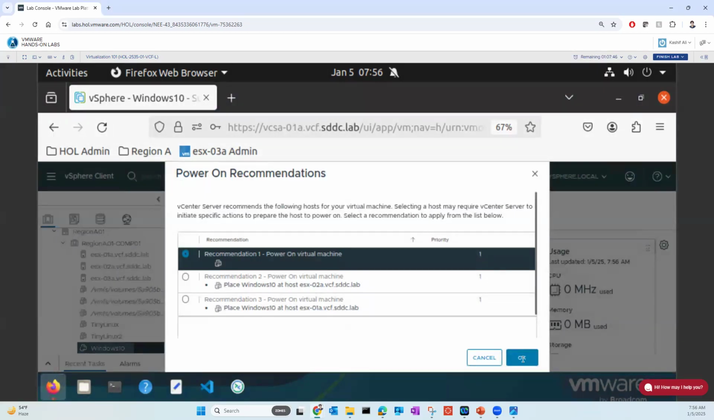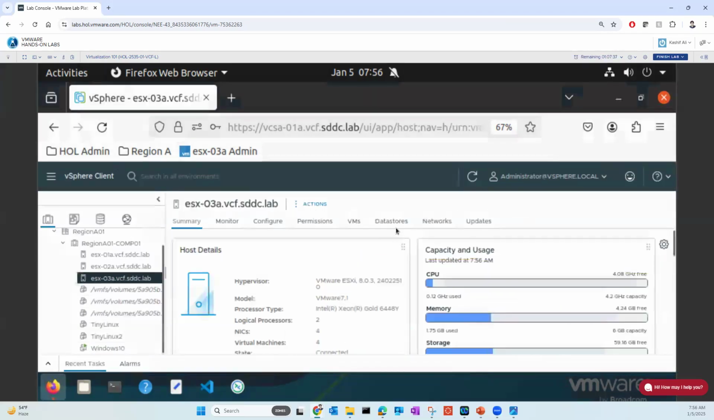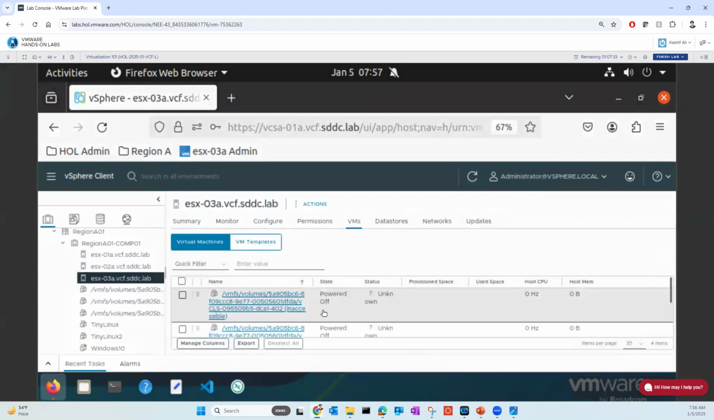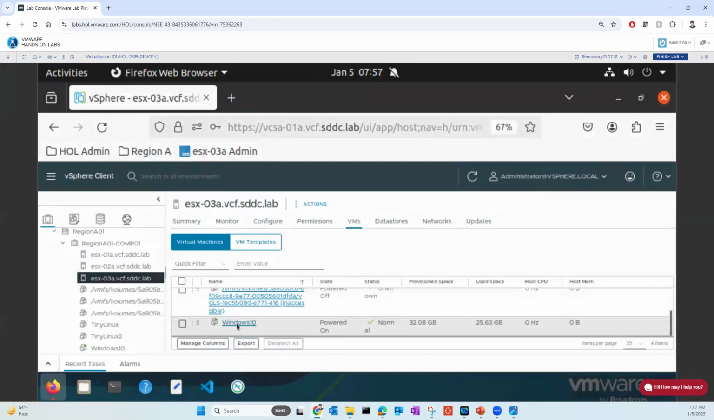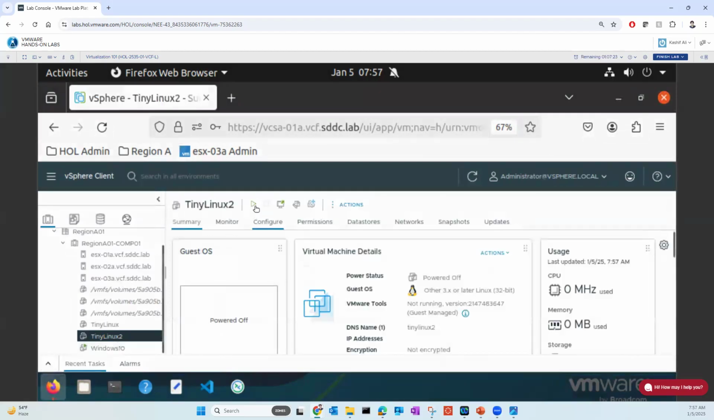If I click OK, right? Now you can see here, if you select ES6i3 and go to the VMs tab, you can see that Windows 10 is running on ES6i3. And if you click Tiny Linux 2, if you click power on,